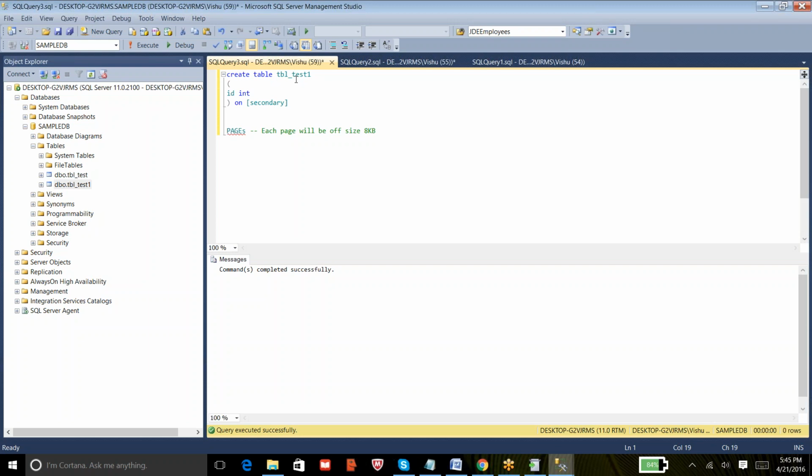When I say pages, it is almost the same as our notebook pages. How we start writing on the notebook pages, the same way SQL will also start writing the data in the form of pages in your files. And each page will be of size 8 KB. So whenever the page gets filled, that is whenever it reaches 8 KB, then SQL will provide a new page to that table. And each page at the top will have header information.